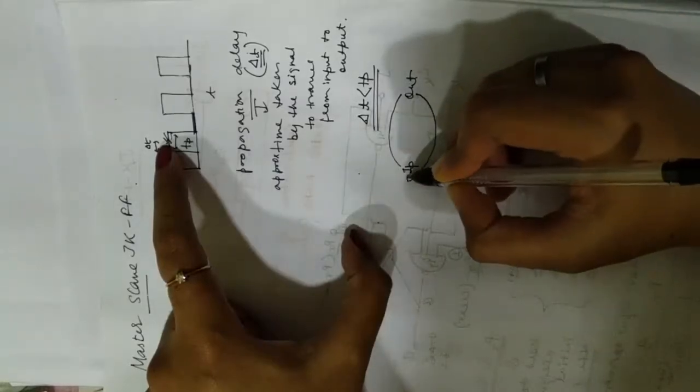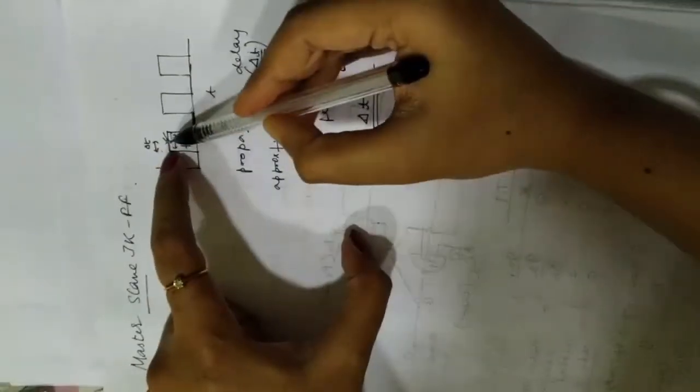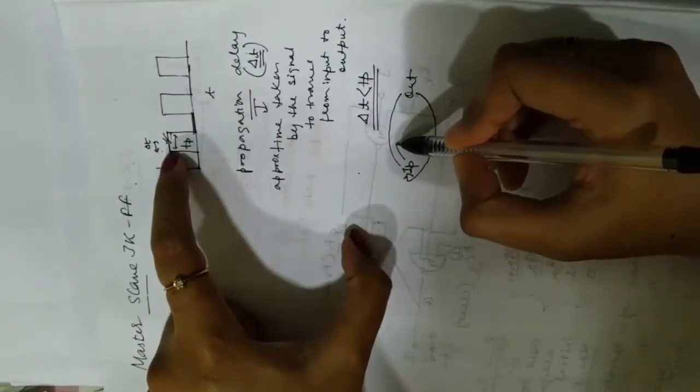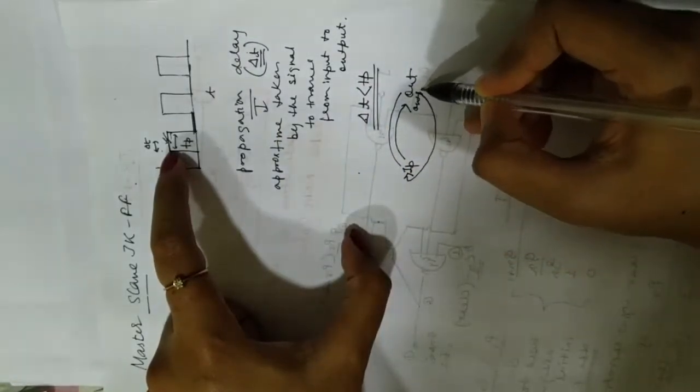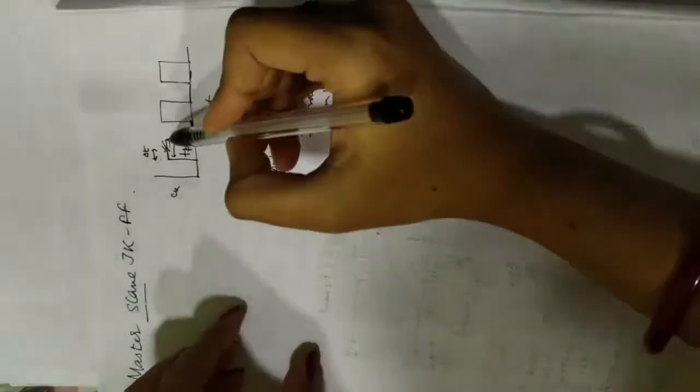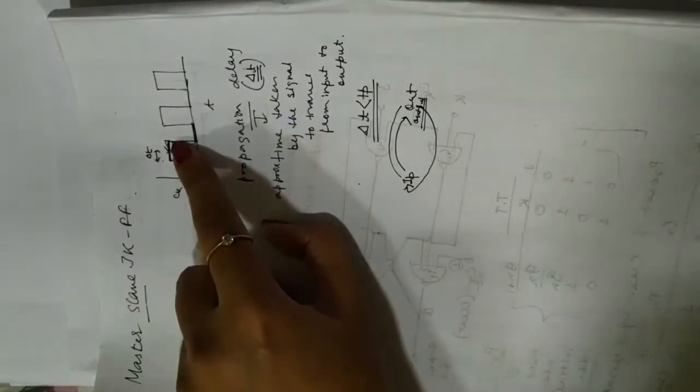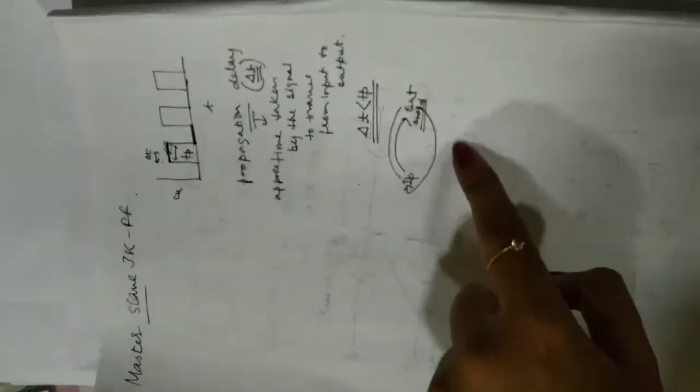Now since there is a feedback, the output immediately comes back to the input again, and since the pulse is on, the circuit will again give output. What I mean to say is, the input should not change during the active period of the clock pulse, right? We have a particular input and we want a particular output. But if the input changes during the active period of the clock pulse, ambiguous results will be given since there is a feedback.